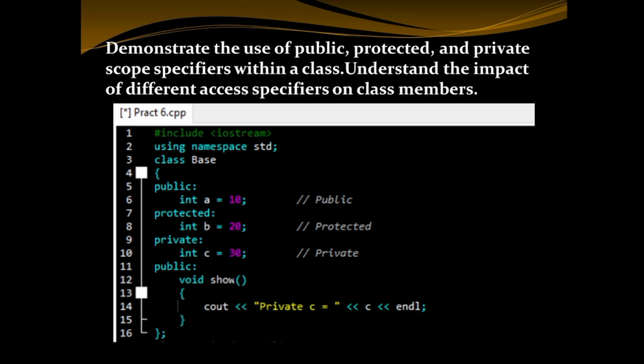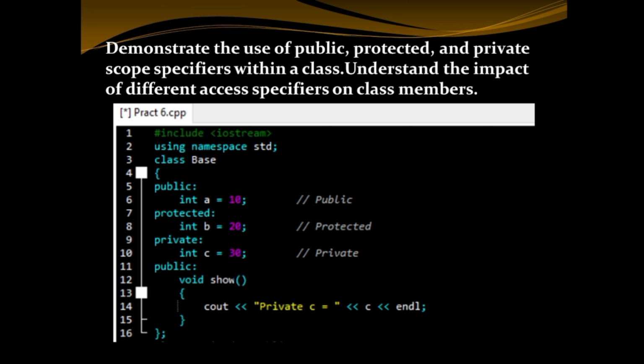and outside the class in main. So you can see b is a protected variable that can be accessed inside the class and in a derived class, but it cannot be accessed in main directly. But a public variable I can access outside the class in main. Next is my private variable, which can be accessed only inside the same class. I cannot directly access it in the child class or main.